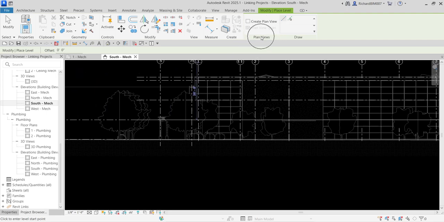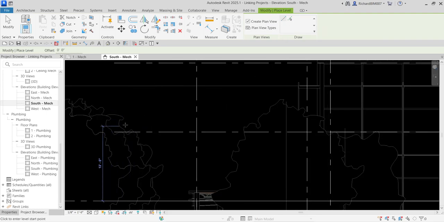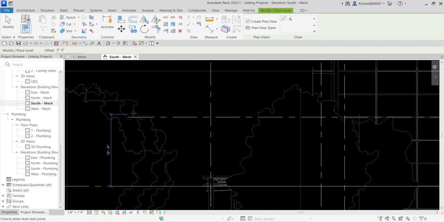And then if you look here, there's a plan view. So there's a create plan view here. So what will happen, if you create your level and then you check this, it will automatically create the floor plan view of the level that you are creating. Okay, so I'm going to check that so that it will automatically create the floor plan after I create the level. So using the line tool on my level, I'm going to pick the endpoint of my level 3,